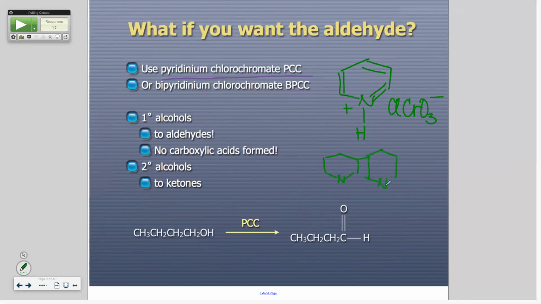I worked with this one. We were trying to make one that would work and only do one enantiomer. And so we were trying to use nicotine, which has a very similar, it's different, but you still get this nitrogen there. Okay, so that's the BPCC. You just need to know the letters. Can you do that?